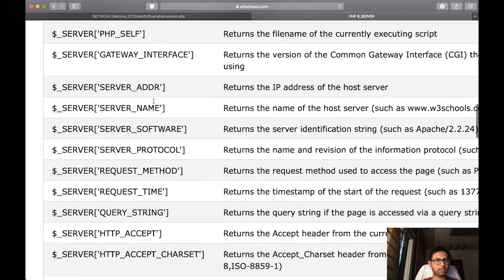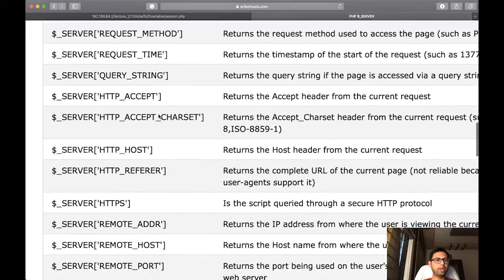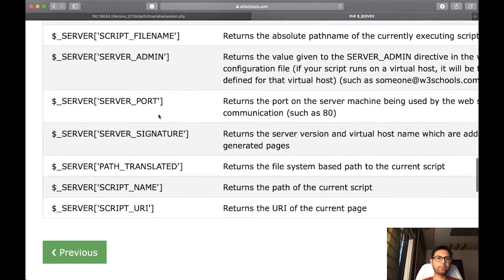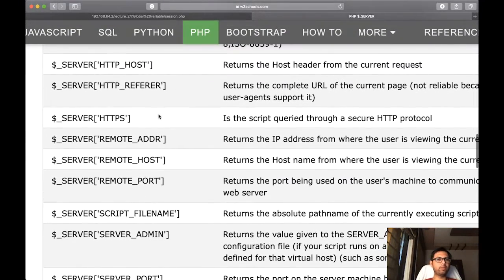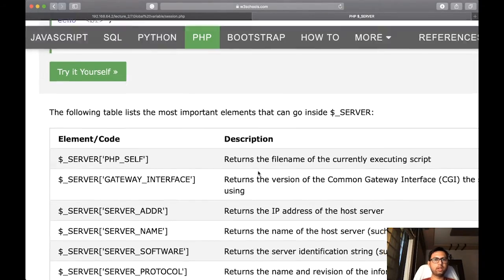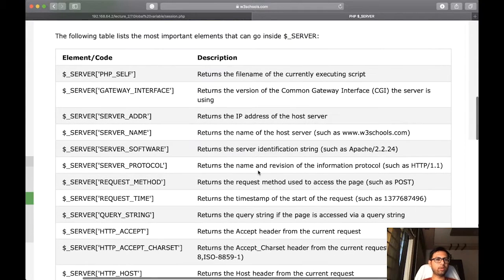Gateway interface, server address, server name, server software, server protocol, etc. Many superglobal variables $_SERVER has. It is inbuilt and you can use different server variables in subsequent PHP programs.